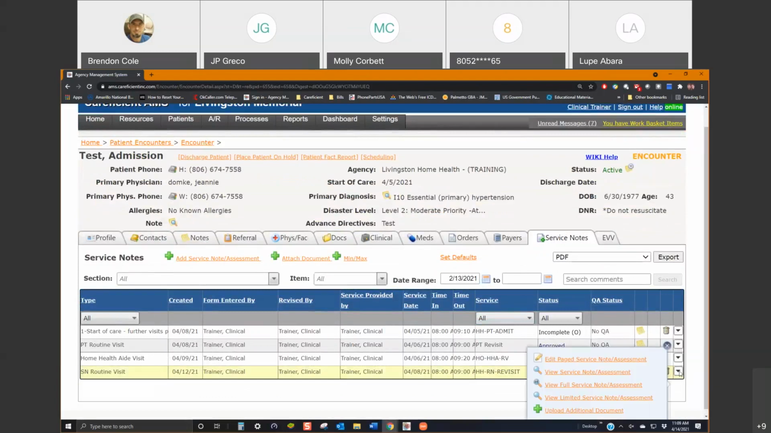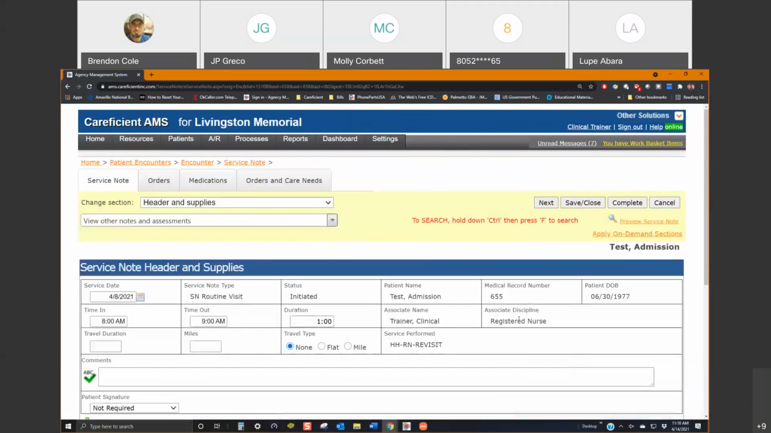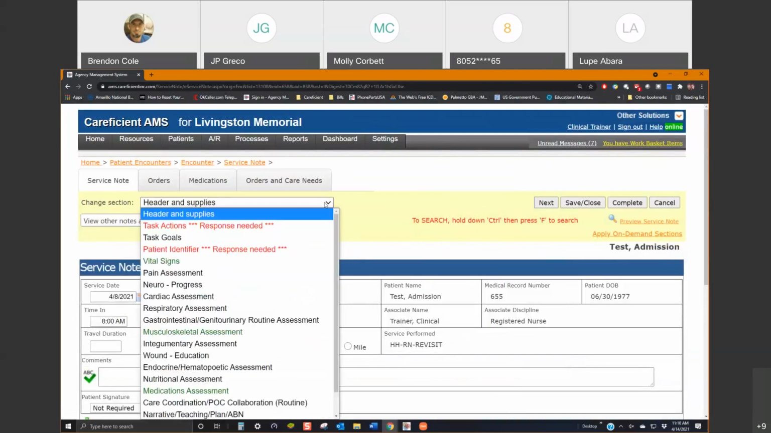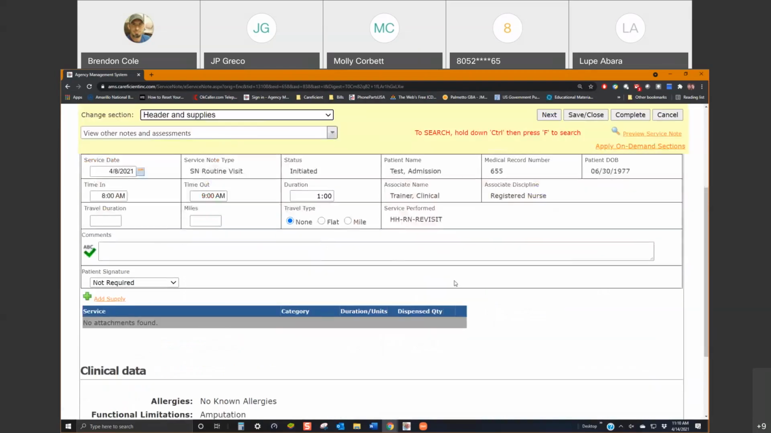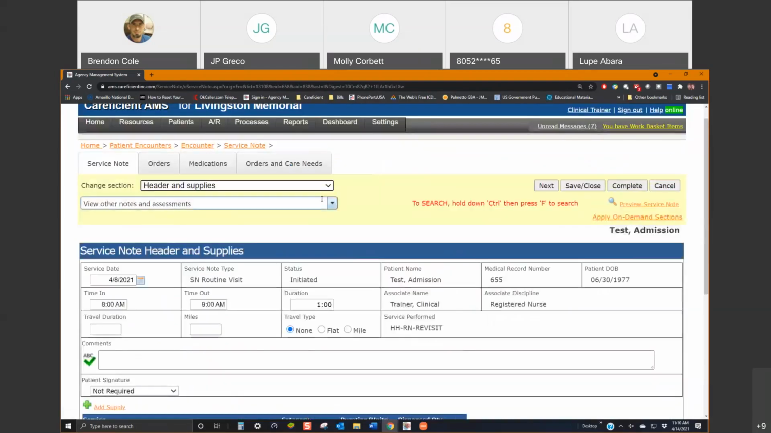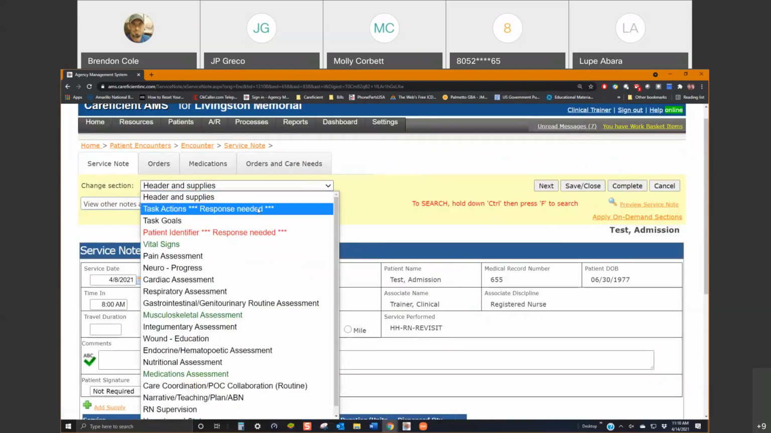So they'll hover over the little action item menu next to that service note, and they're going to choose to edit the page service note assessment. It's going to bring them into the service note. There's a fast way of doing this. You can just click on the change section, and you'll see what sections show that a response is needed. So that's the fastest way to do it. Otherwise, they just have to hit next until they find the section. But what they need to do is just go to those sections,